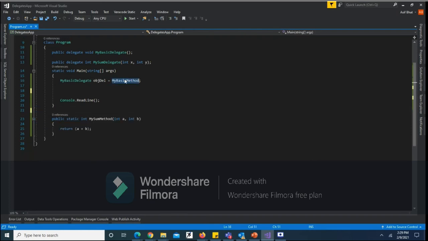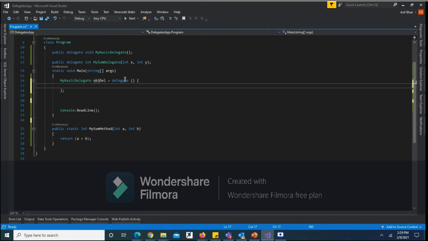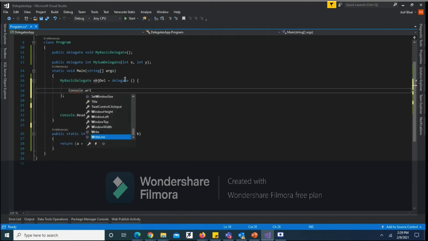I want to create the definition of the function here itself. What we have to write is equal to delegate, and since it doesn't take anything, here we can write Console.WriteLine, I am an anonymous method